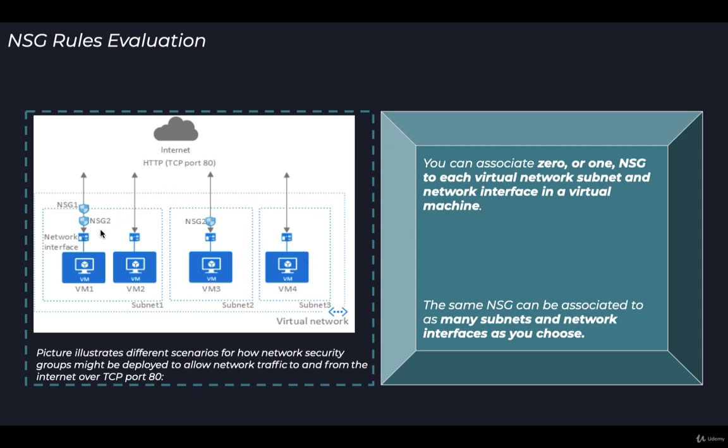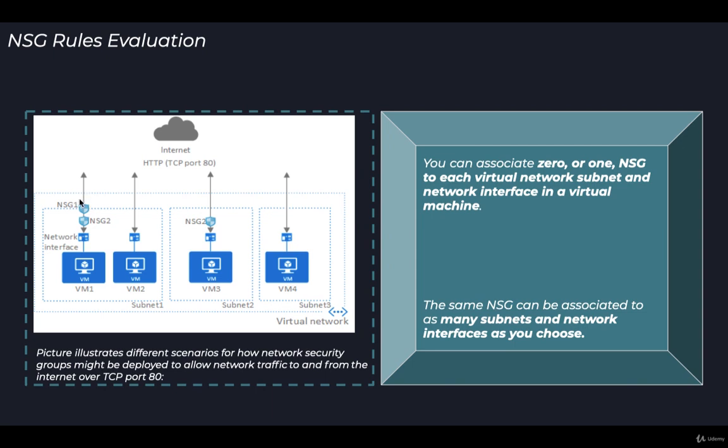Now we'll discuss subnet 1. Forget about subnet 2 and subnet 3 for a moment. We'll discuss VM 1 first. There is an NSG applied at the subnet level, which is NSG 1, and there is a network security group applied at the virtual machine level, NSG 2. Now let's say there is inbound traffic allowed for port 80. Since we discussed that inbound traffic is evaluated at the subnet level first,